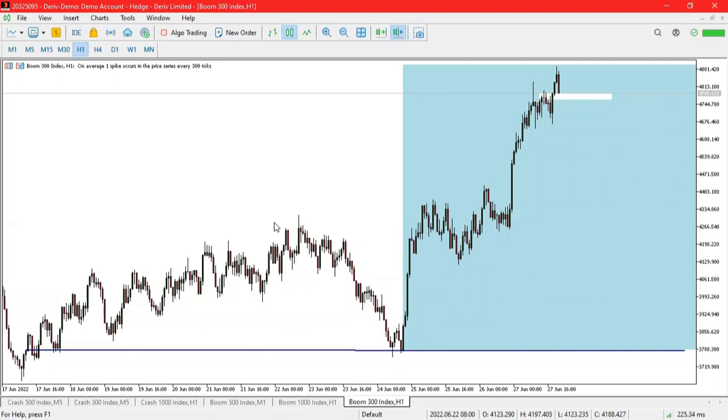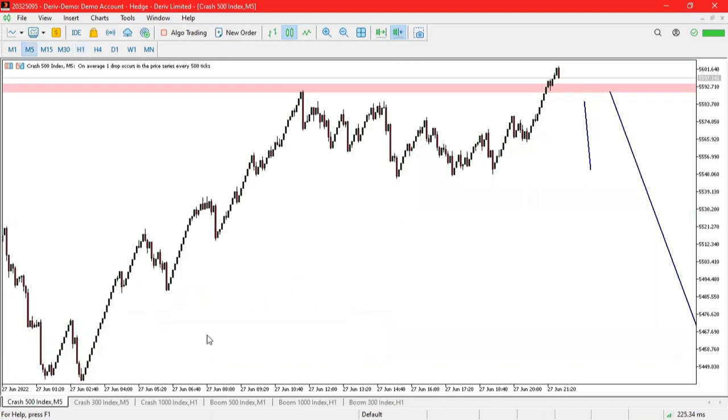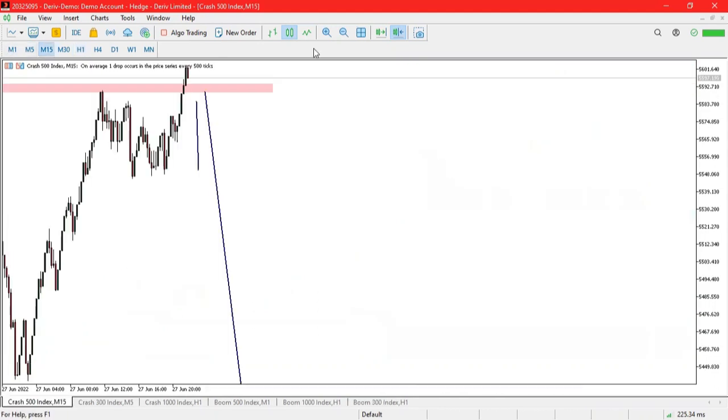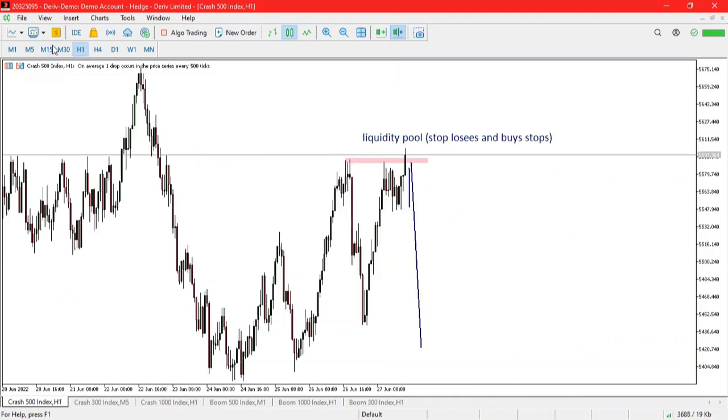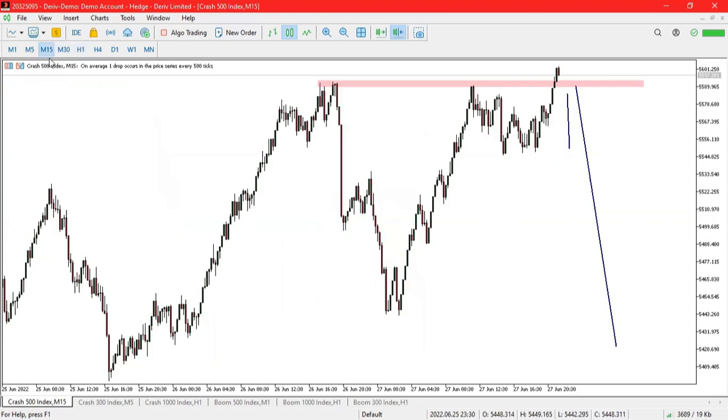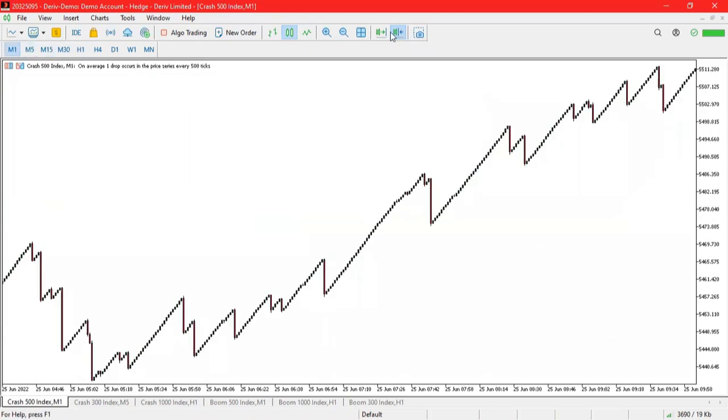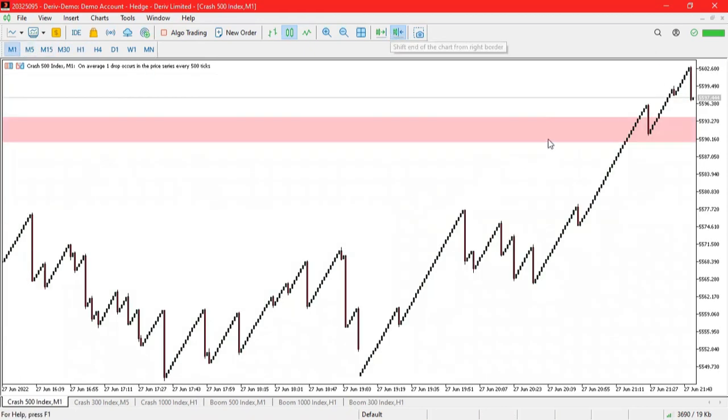Before we go out, let's check Crash 500. How is it going? Maybe you can see a spike before. Remember, they were just using a market structure. Crash 500, the one that I was telling you about. If you can check the hourly chart, what's happening on the hourly chart, it is creating a rejection. You see, creating a rejection. Don't be fooled by these spikes.